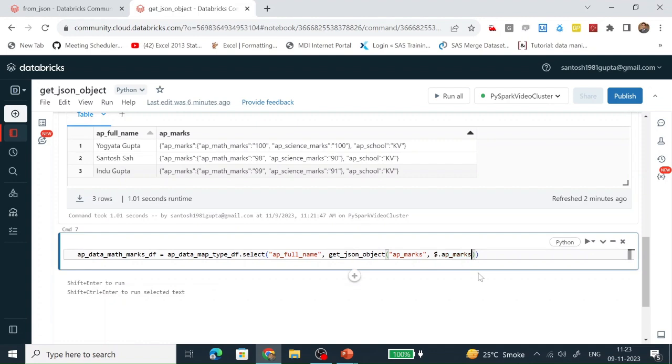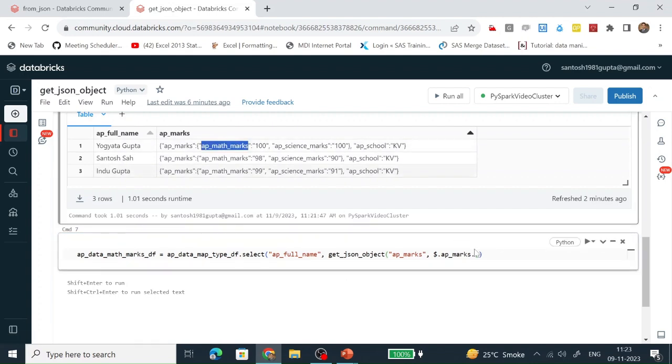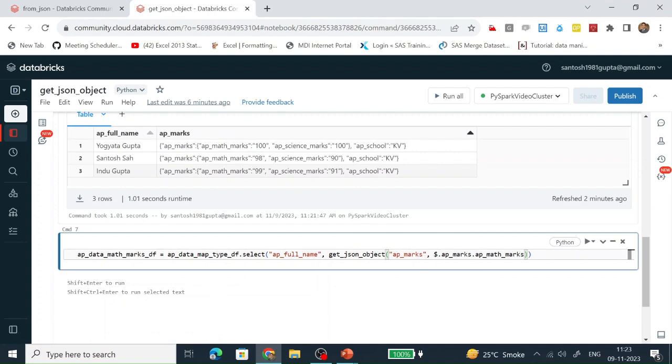First is AP marks, which is one level of the JSON structure, and in that we need to fetch this AP math marks, and we are putting an alias. The name of the alias I am going to give is AP math marks. Let's run it.